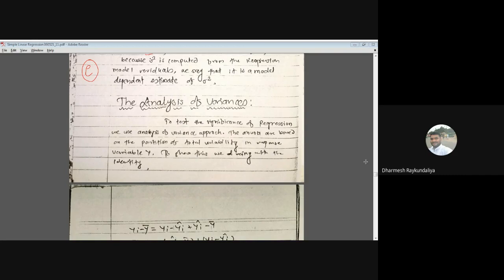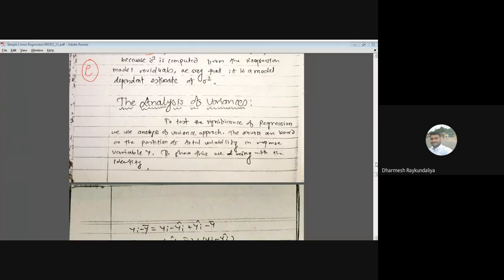If the correlation is there, you can draw the scatter plot and identify whether the relation between y and x is linear in the parameters or not. There are some assumptions on epsilon: the random quantity epsilon, or error, has mean 0 and variance sigma square, and the errors are normally independently distributed. To verify that, we first apply the regression, obtain the least square estimate, and by using that we predict the value of y.